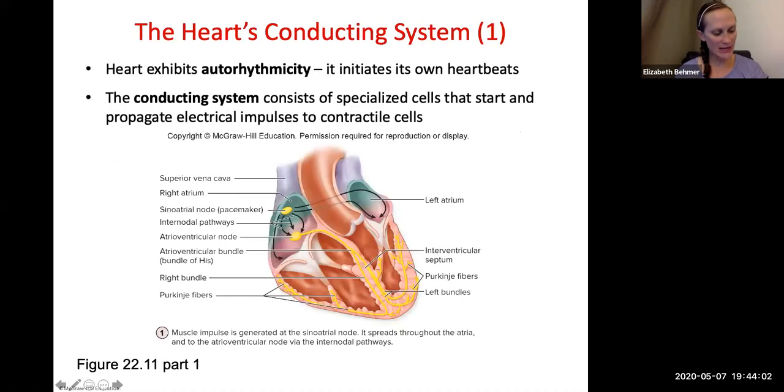Okay, so now we're getting into the nervous system regulation of the heart itself. The heart can initiate its own heartbeat, and we call that autorhythmicity. This is pretty cool. So if we were to take your heart out of your body right now, think of